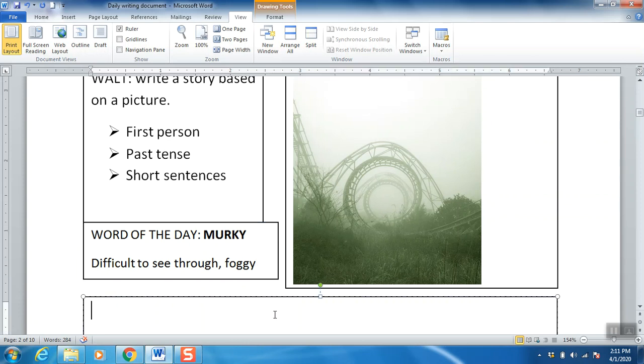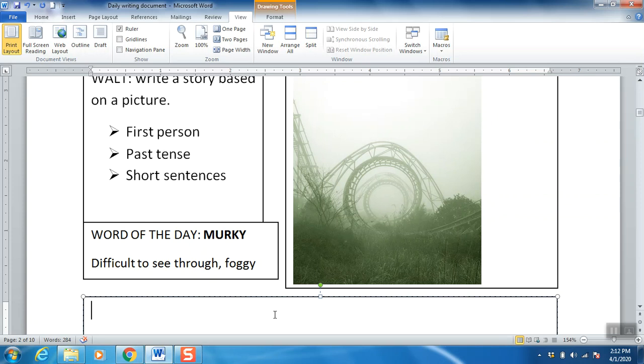So I'd want to be writing in the first person, so I'm going to be writing it from my perspective, so I'll be using lots of I, me, etc. I'm going to write it in the past tense, so like I was doing, I had been, and short sentences. So I class short sentences as anything under 6 words, and if you do that, it means that you add a little bit of suspense to the story.